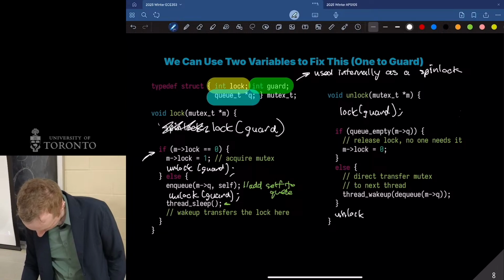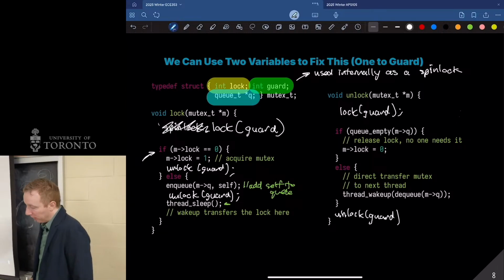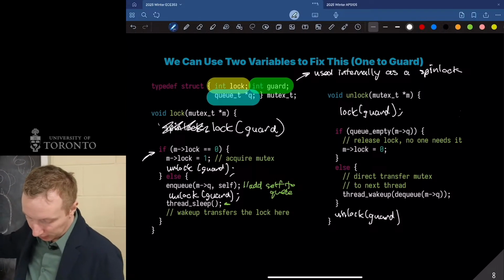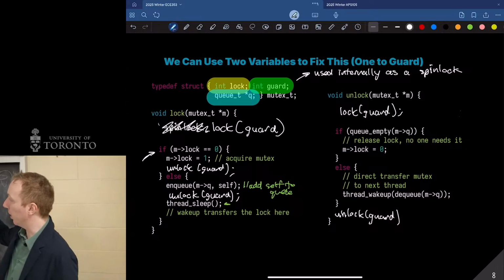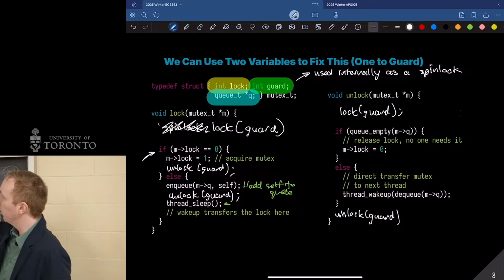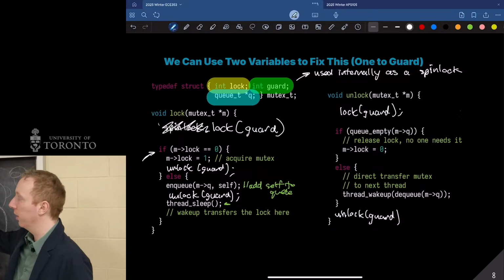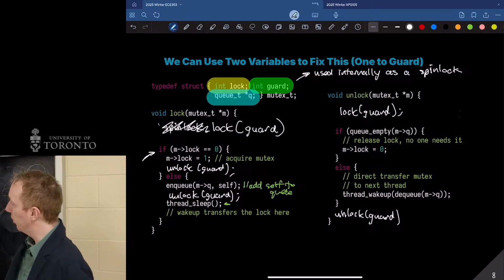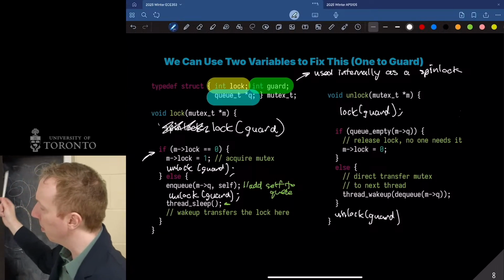So the rest of it is a critical section. So now, if we have a thread that is unlocking, it locks the guard, making sure no one else can go ahead and add themselves to the queue. Check if the queue is empty. If it is empty, then just release the lock. No one needs it, so it would change that value from a 1 to a 0. And then otherwise, since this is